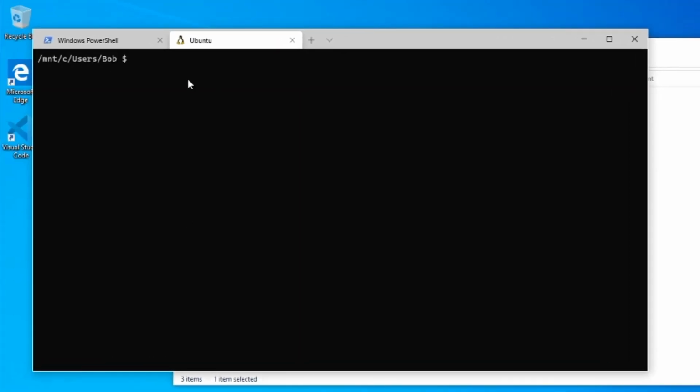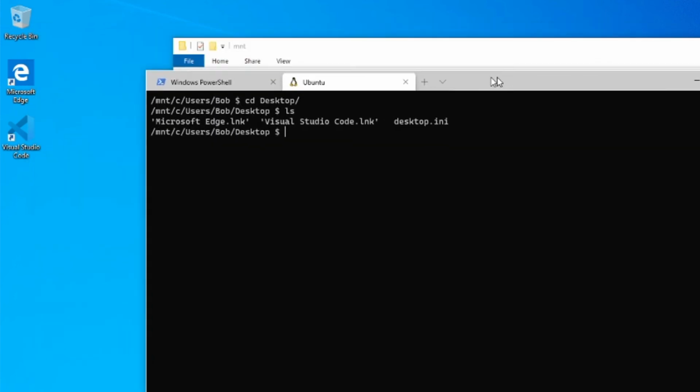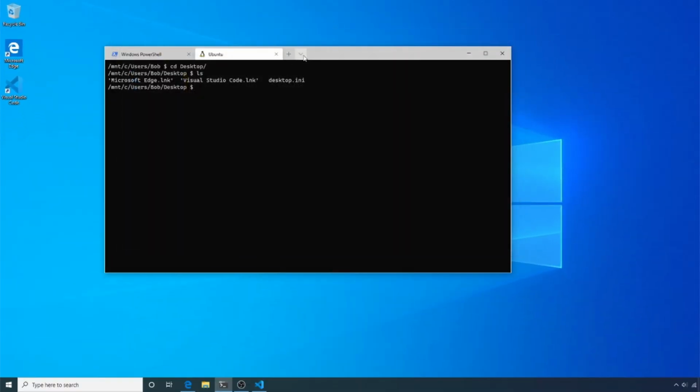Just like we did in PowerShell earlier, I can cd onto my desktop and I can list all the things there. And here we have our shortcut links to Visual Studio Code, which is this right here, and Microsoft Edge and so forth. However, we just talked about how we really don't want to be accessing Windows files from within our Linux subsystem. So we are going to make a couple quick changes to the Windows terminal program